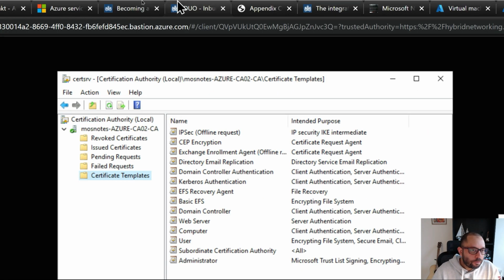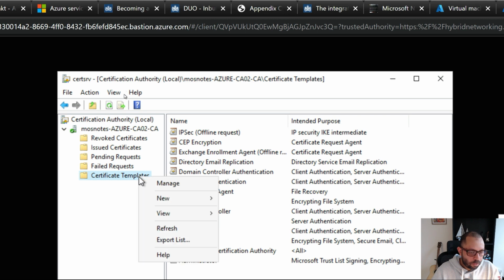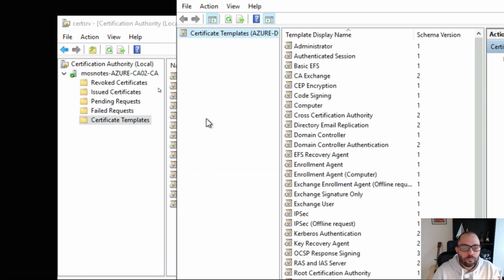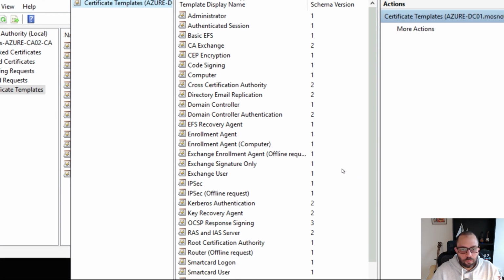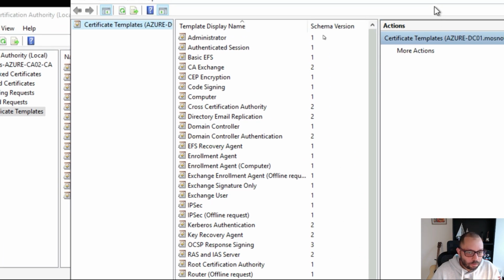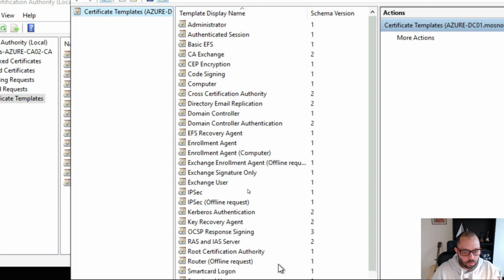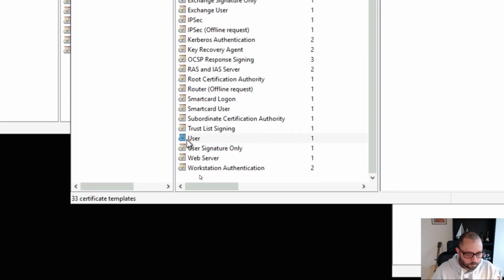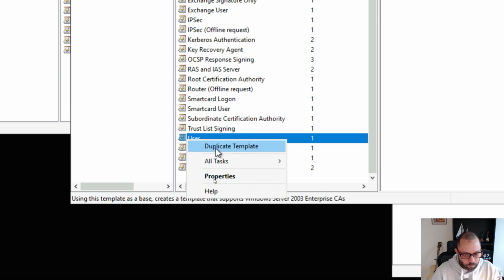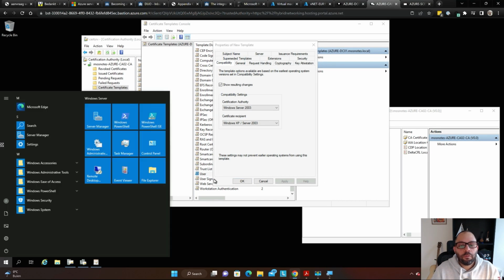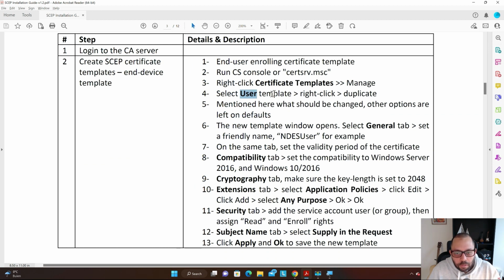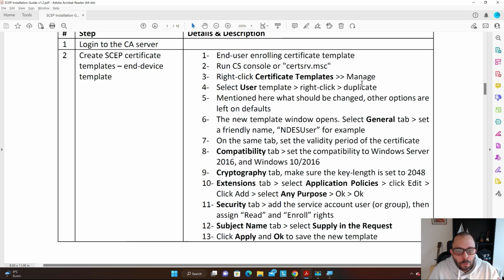So let's create our first template. Let's right click here on certificate templates and then click on manage. Yeah, and in this window here we will create more templates. We need to duplicate a template, so let's duplicate the user one. So right click, duplicate template, and let's get back to the guide. Select the user template and duplicate that one. All right,